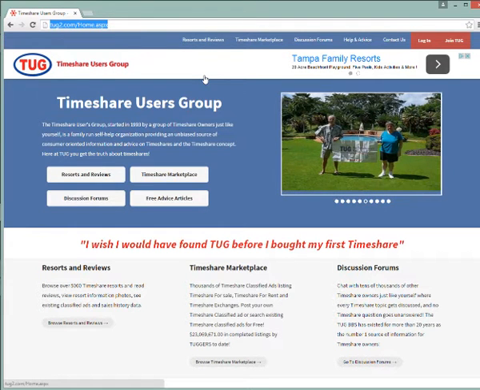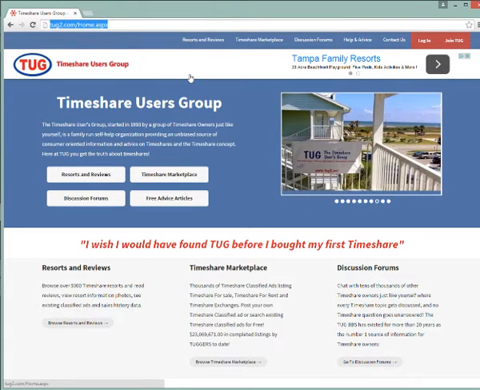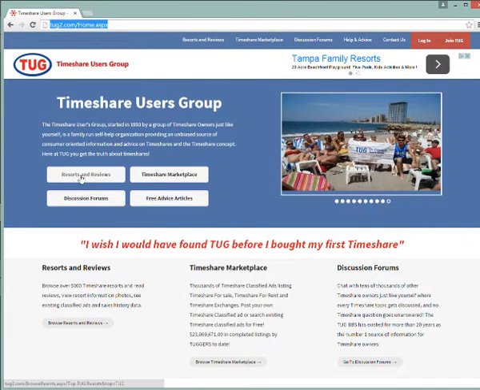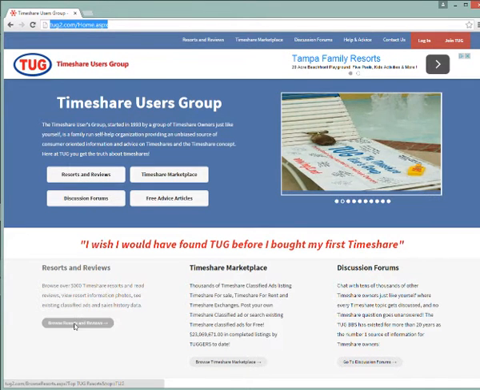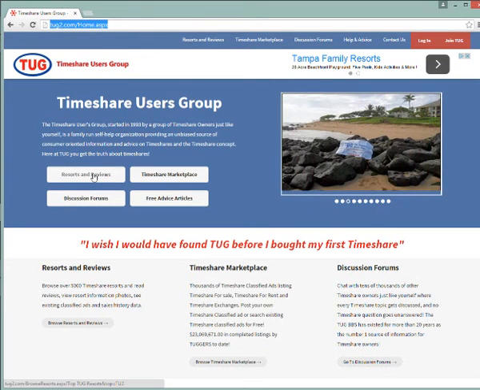What we're going to be accessing today, as we mentioned, is the resort review and information about timeshare resorts. The link to click on this particular section is available in 3 places on this page. At the very top of the page, titled Resorts and Reviews. In the middle of the page, here in the 4 quad box nav bar, titled Resorts and Reviews. And at the bottom of the page, clicking Browse Resorts and Reviews. Clicking on any of these will take you to the same page, so we're going to click on the one